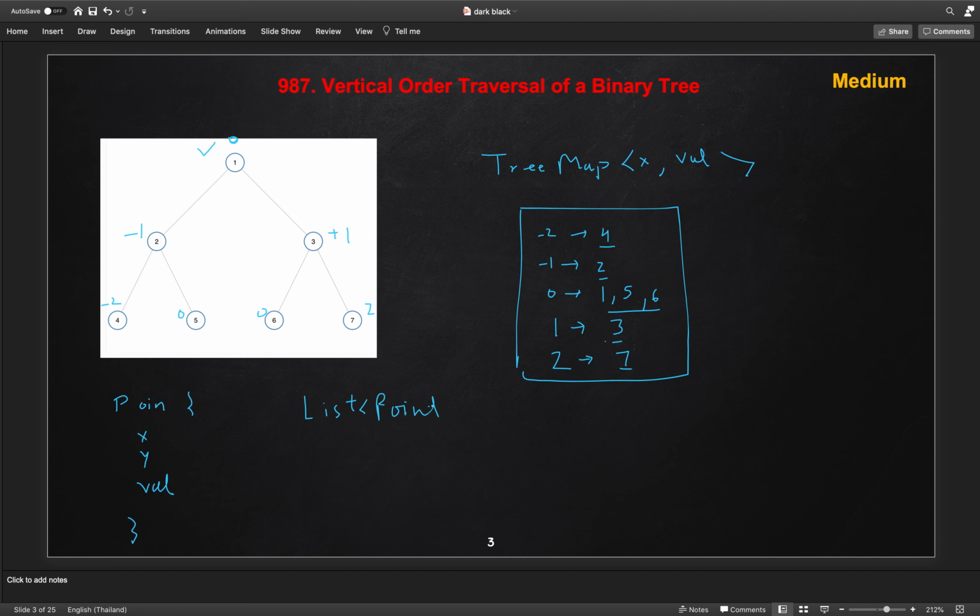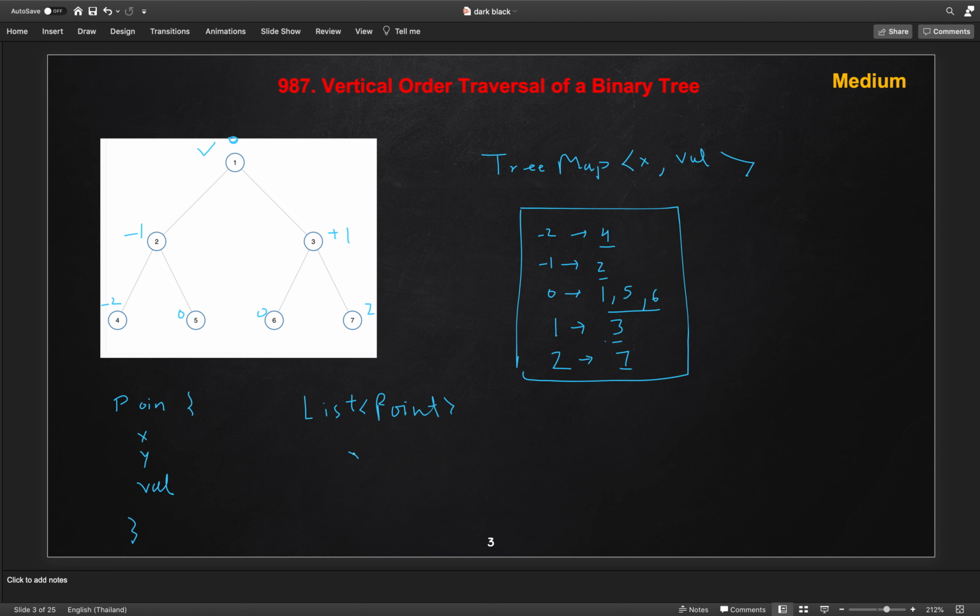First we mark the list of points using a simple DFS traversal and mark their x coordinate, y coordinate and the value. Once we have that, we will sort the list.